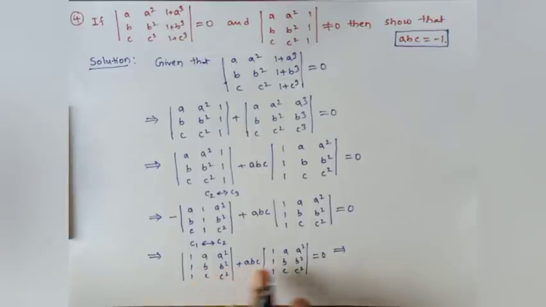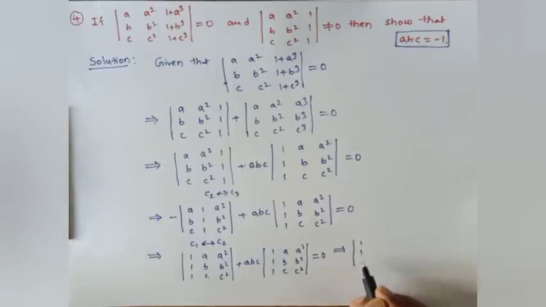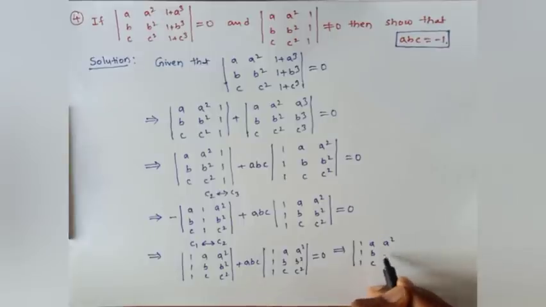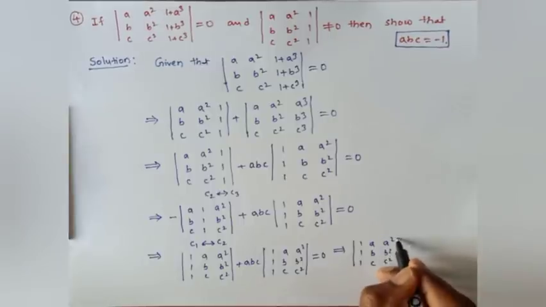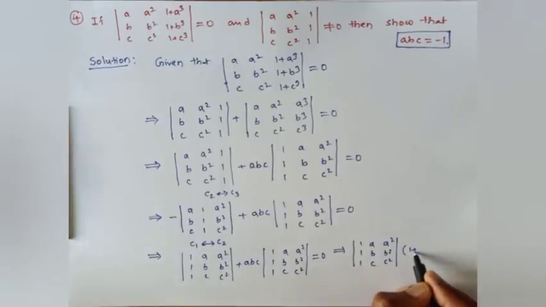Here there is a sum of two terms. The determinant is nothing but a value, and it is a common part for this problem. So I am taking the determinant 1 1 1, a b c, a square b square c square as common. That part I have taken common, so this is 1 plus abc